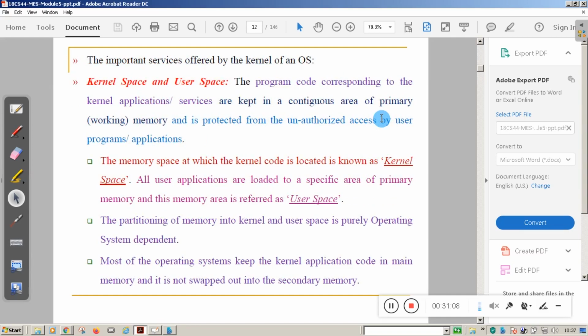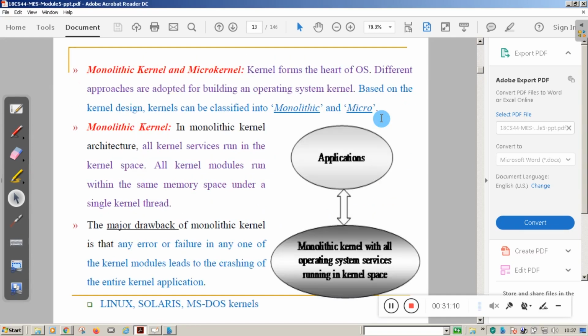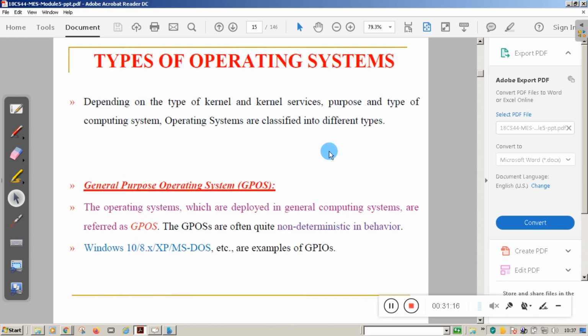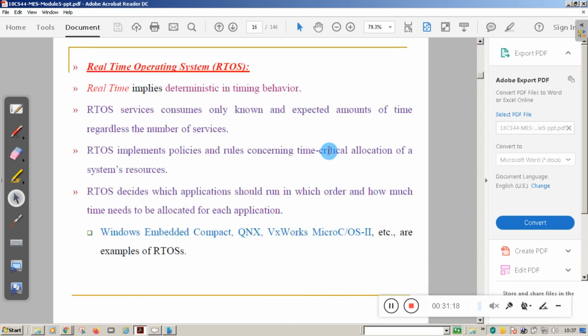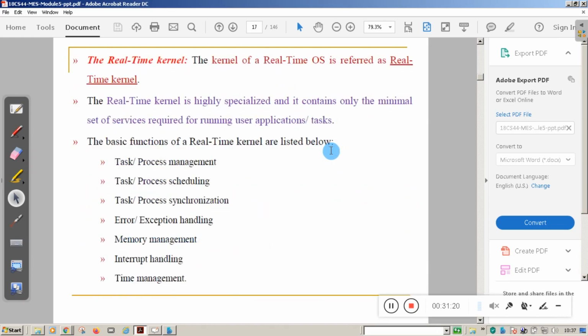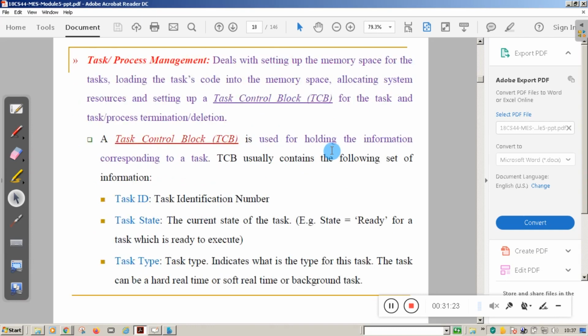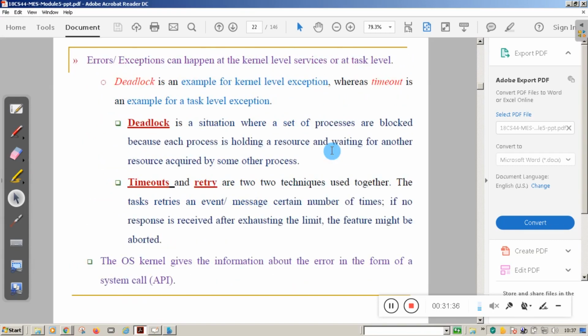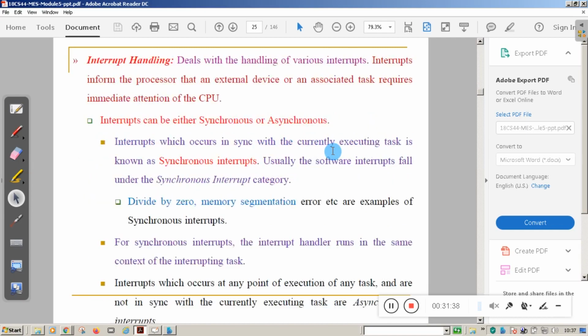We know the difference between kernel space and user space. We also studied what is a monolithic kernel, then what is a microkernel, then the difference between a general purpose operating system and a real time operating system. What is a task and process? What is a task control block? What is a process control block? Then we studied what is a deadlock.